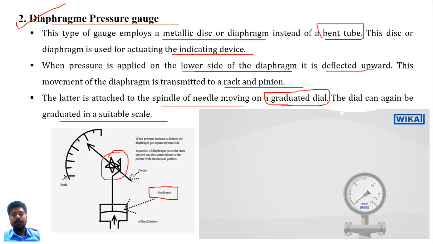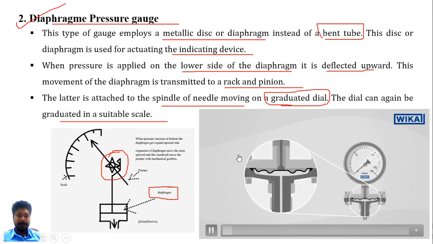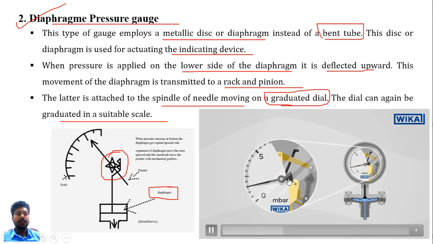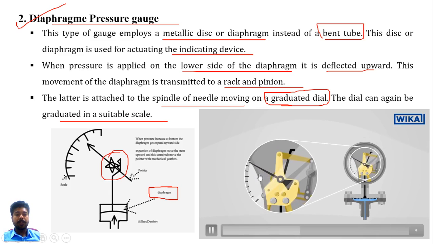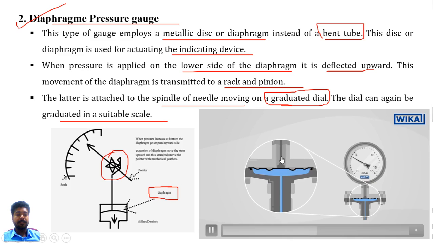So let's see one simple video on this diaphragm pressure gauge. Here it is the diaphragm. When the pressure is applied on this diaphragm, it will deflect on the upward side, and the pointer is moved like this. So it is a purely mechanical device, which is our diaphragm pressure gauge. Okay,